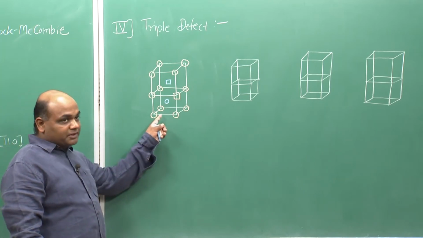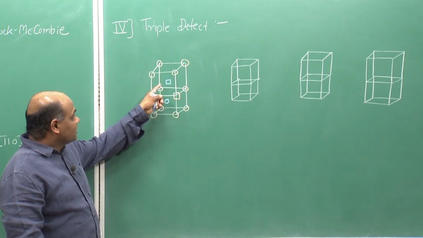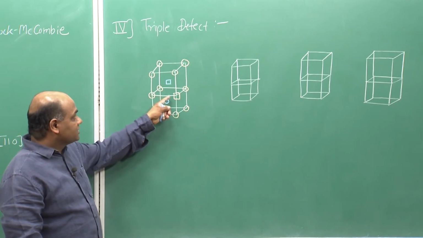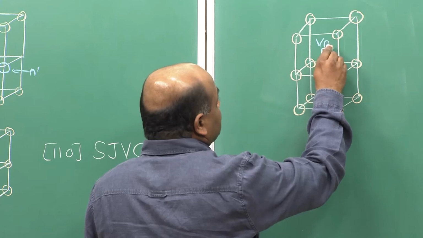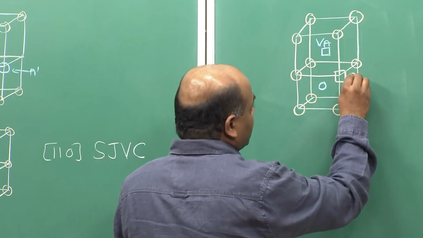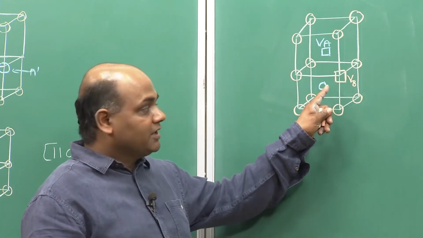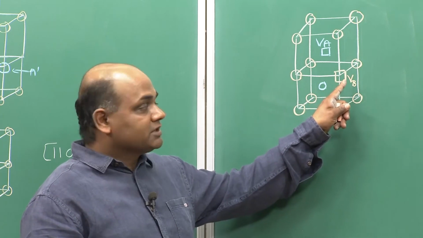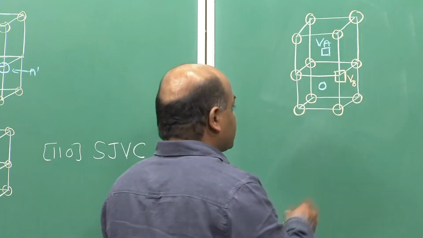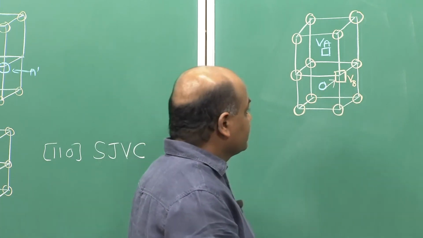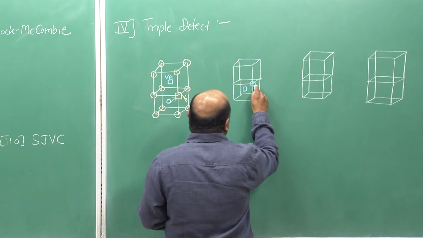So, this is a schematic B2 structure. I have shown 2 unit cubes, which show a divacancy, that is a pair of vacancies on nearest neighbor sites. So, one on the A sublattice, this is V_A, the other one on the B sublattice, this is V_B. Now, if the A atom happens to be small, it can jump onto the nearest neighbor vacancy on B, and it will lead to formation of an anti-site. So, the vacancy will move to the A sublattice, and A will form an anti-site, A on B,